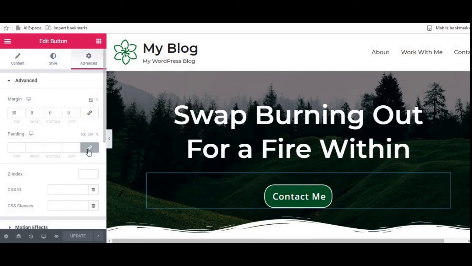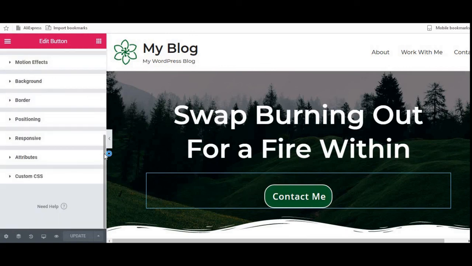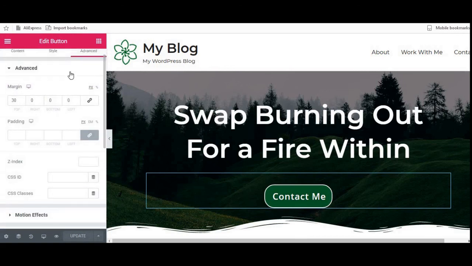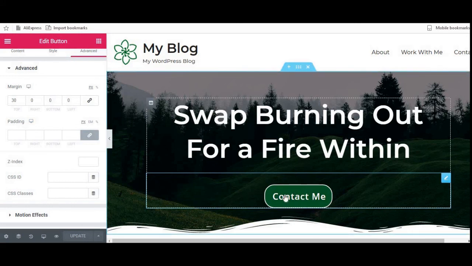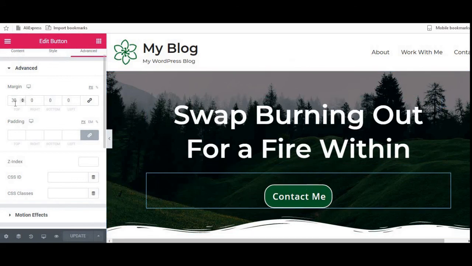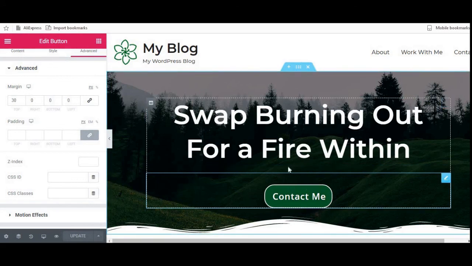In advanced, now this I would recommend you not necessarily play around with too many of the things here if you are not really sure what you are doing. The two things you mainly focus on here are the margin and the padding. Now basically the margin is the distance from this element, which is the button we're editing currently, to the next element. So you can see here now that the top is set as 30, which is the distance from here to this